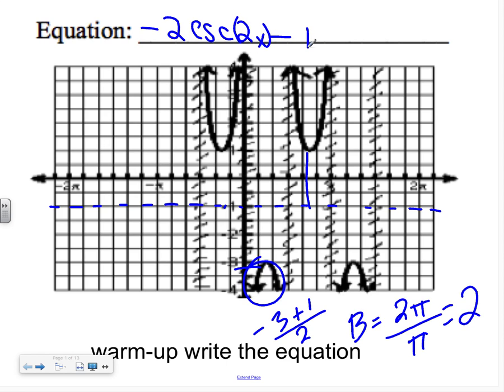And that's your graph, right? You can always check these with a calculator. I would suggest you do when you first start them. Don't do them with a calculator, but check them. All right, we good? All right, so today we're going to learn the graphs of inverse sine, inverse cosine, and